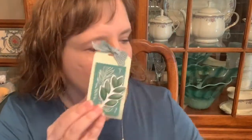Hi Stampin' friends! Today we're going to make this little hand sanitizer holder that uses the Forever Fern stamp set